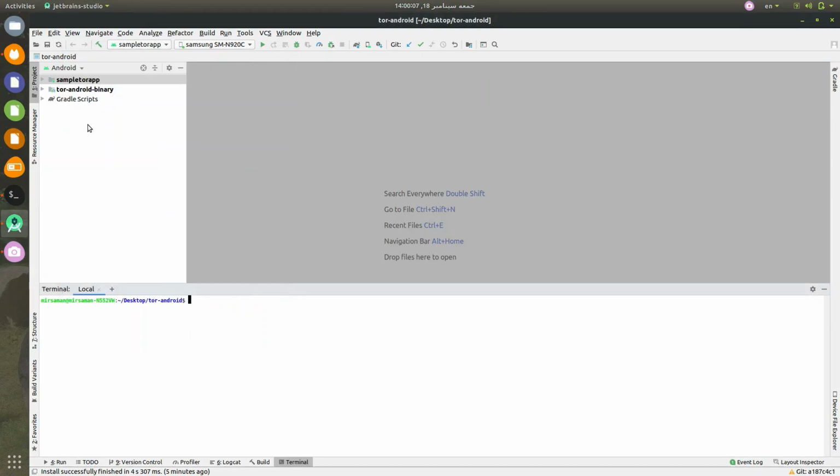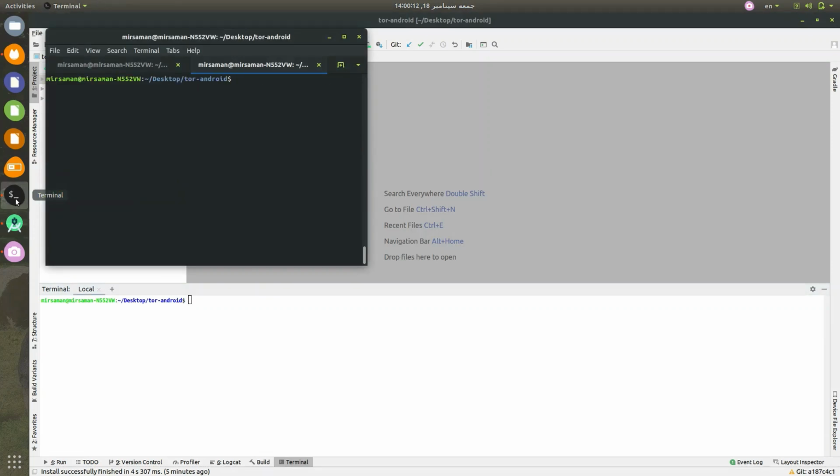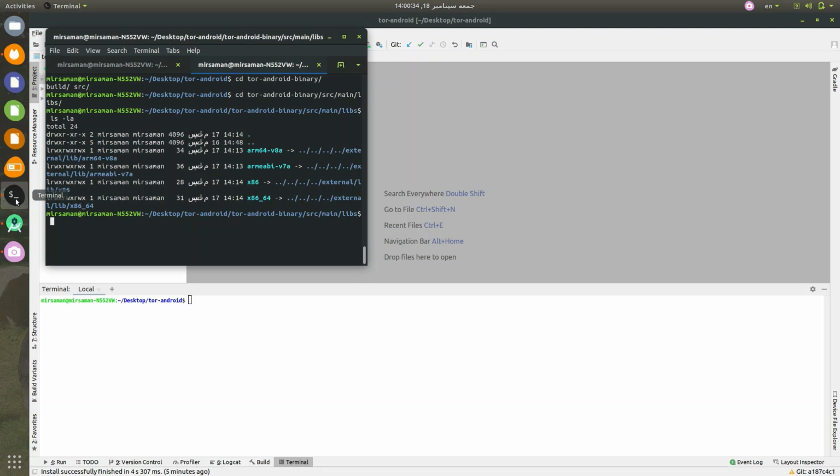Okay, I've compiled all the versions of the Tor for Android. If you check Tor Android binary, source, main, and libs folder, you can check that all the folders, all the links are okay, so we can compile the project. Let's first check